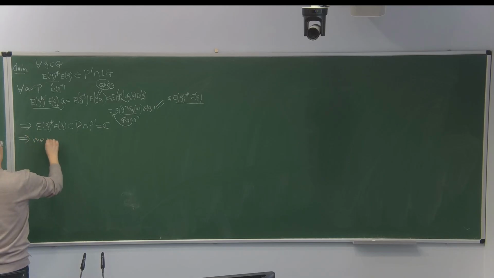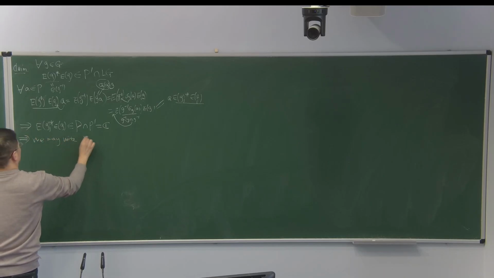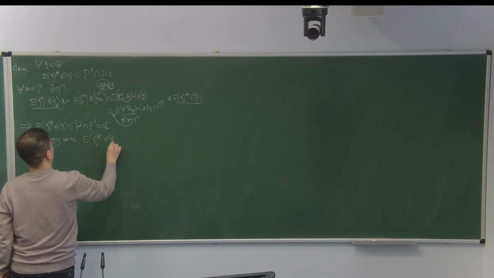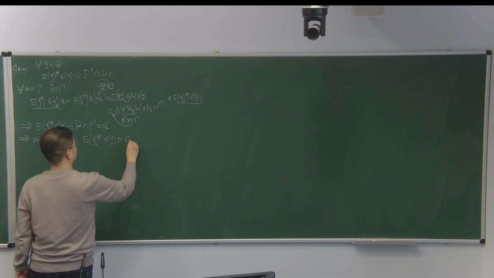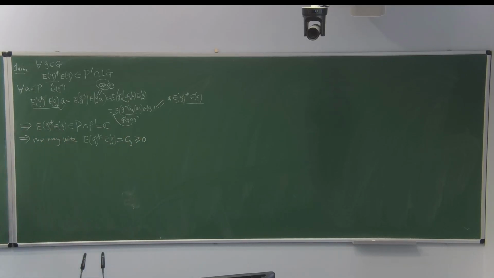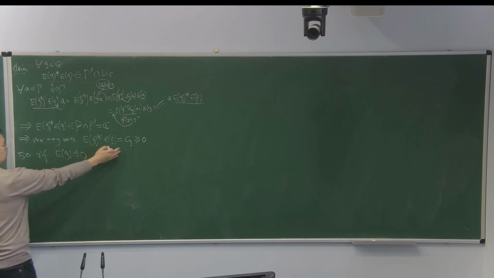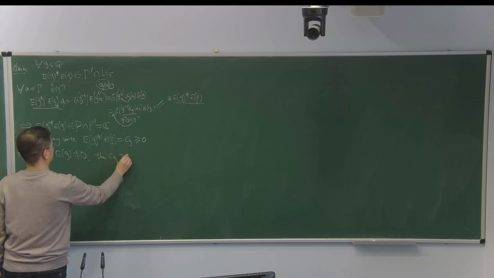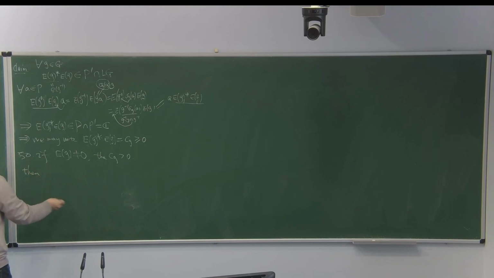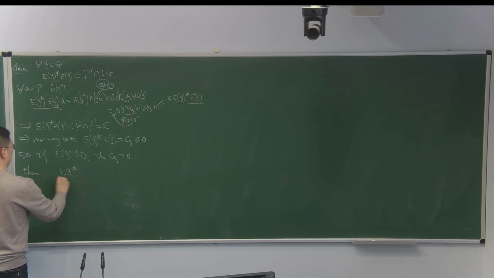So we may write E_G star E_G. Say it's a scalar, let's write it as C_G, which is non-negative because the left-hand side is a positive operator. But now, if E_G is non-zero, then this is non-zero, so C_G is non-zero, so it's positive. Then we can just divide both sides by root of C_G and split it as the product of root of C_G.